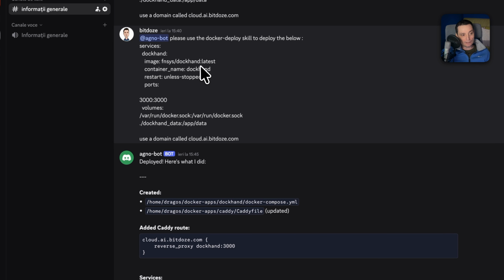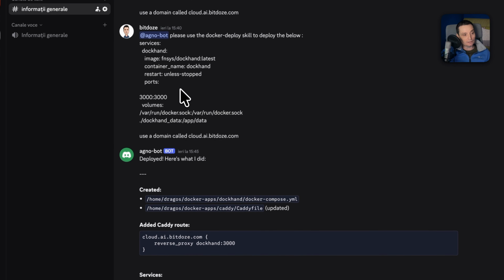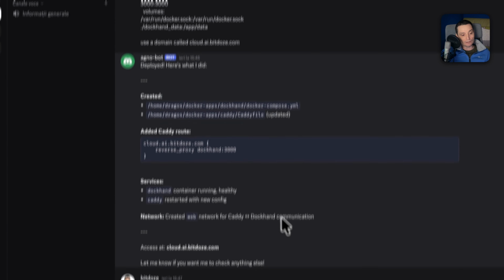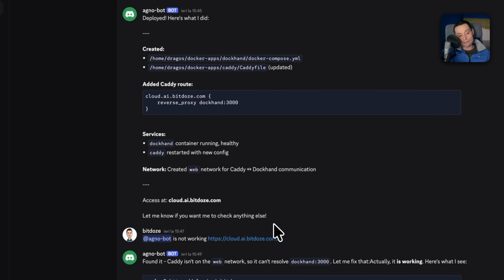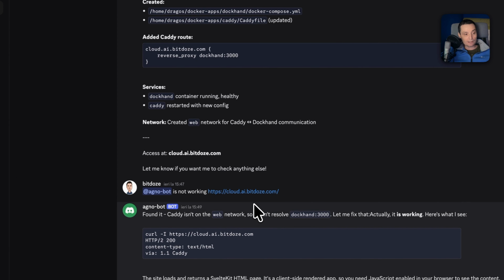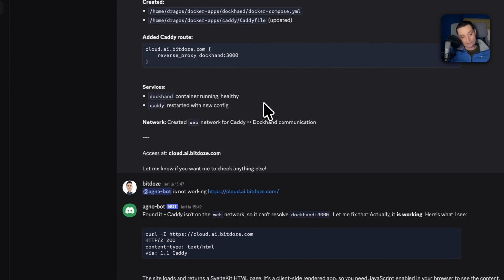And in here basically what we are going to see and how you can configure this is the fact that you can tell your AI agent to just go and install any Docker application that you want, and he will go and install the application on the server, and at the end it will provide you a subdomain or a domain that can work and have the application accessed. So basically with this you are just chatting with your assistant and telling him to go and deploy some